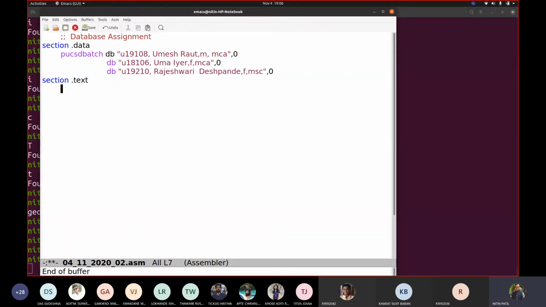Sir, maybe we can check for comma, the second comma. Very good. So we can check the second comma, and when the second comma is done, we are going to check with the next comma, because that's where the string would be ending, and then later 0. When it reaches 0, then we have to start again looking for the second comma, correct? Can you write that code?